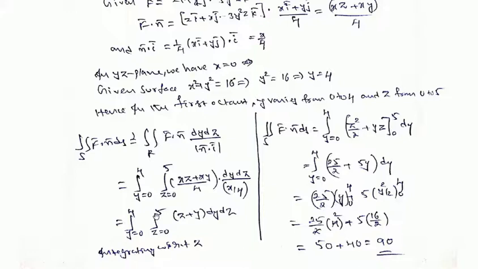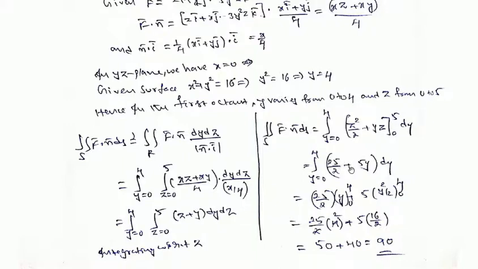Now both the limits are constant here. Since the y limits and z limits are constant, we can integrate with respect to y or z first. While integrating with respect to z, we keep y constant. Z integration is z square by 2, y integration is yz. Substitute upper limit 5 and lower limit 0, that is 25 by 2 and 5y. So this is a simple integrand.